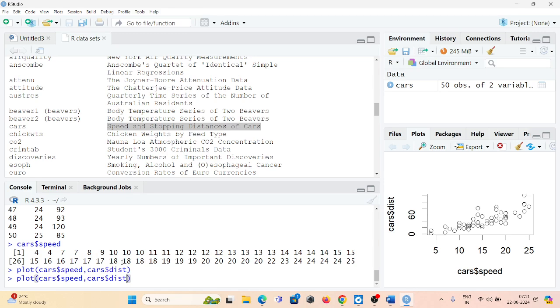Okay, and the type of this graph. If you write the plot function, it will simply plot a scatter plot. If you want a line chart, or if you want to change the shape of the graph, you can write something in the type parameter. According to the value given to the type parameter, the shape of the graph will change, right?